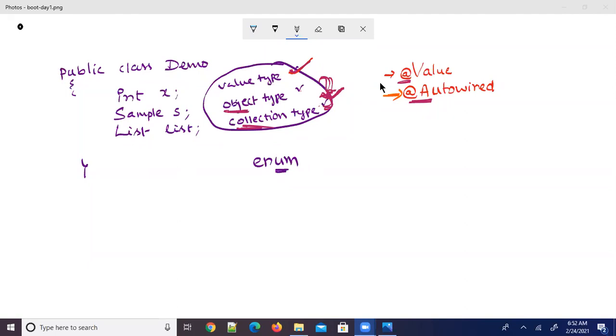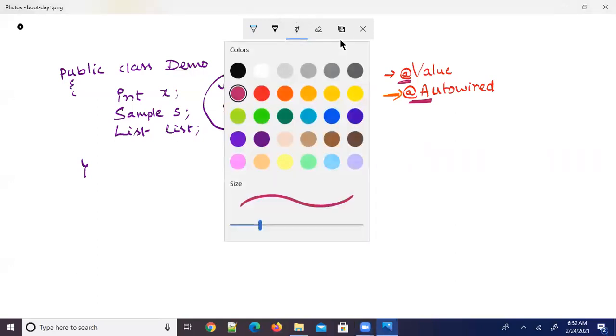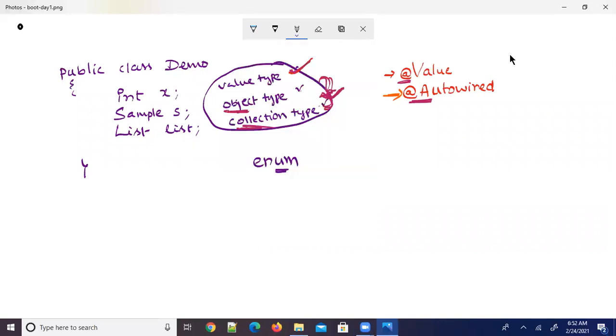Say for example, I am passing the value to this annotation within double quotes, nothing but as a string. Observe, I would like to erase this to tell you.